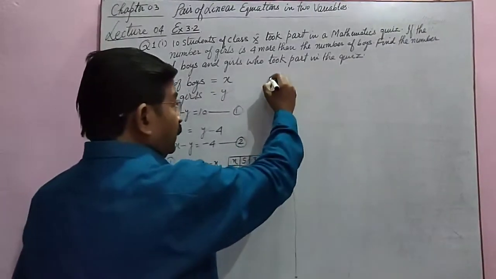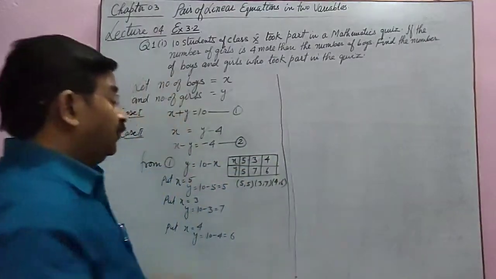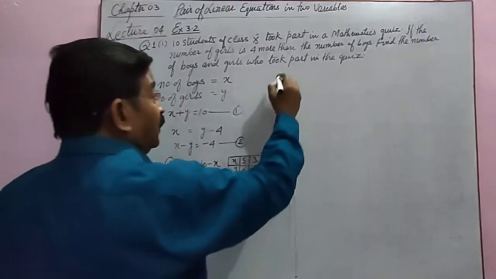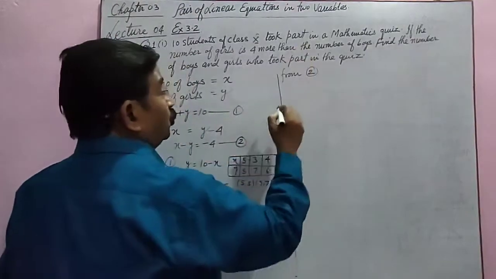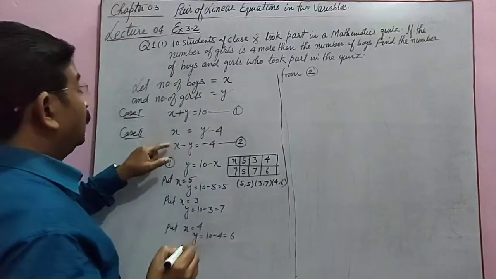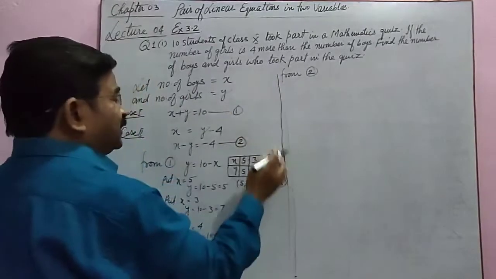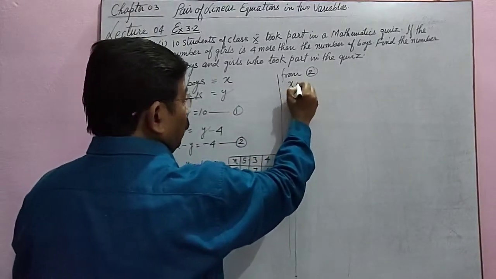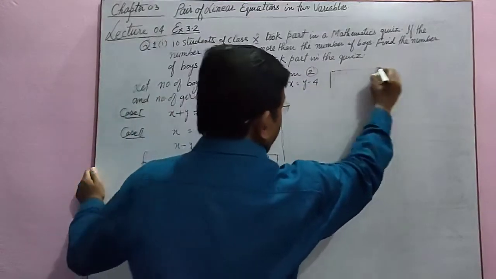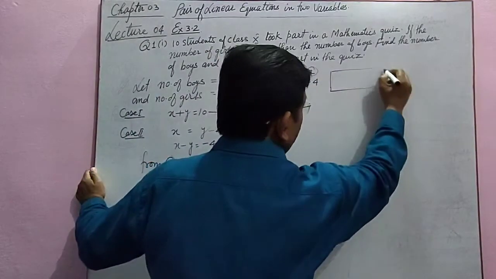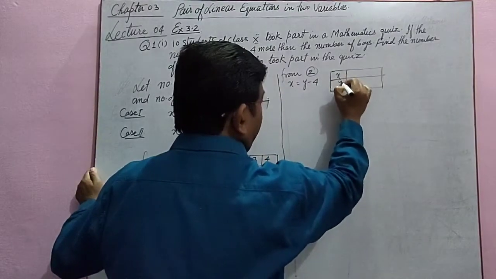Now similarly from equation 2 we will get 3 points. Write this. From equation 2, this is x minus y is equal to minus 4. Send this y to this side, better. x is equal to y minus 4, and form a table again for at least 3 values. Let's see for x and y.